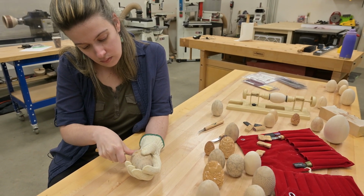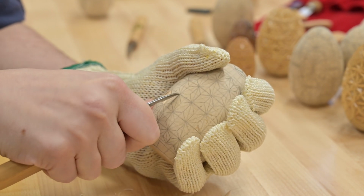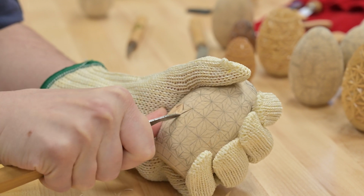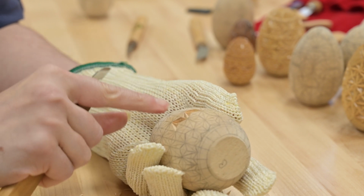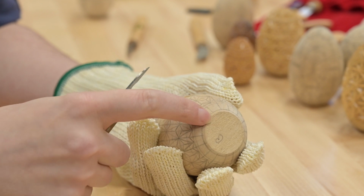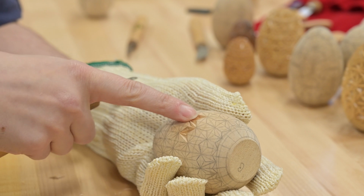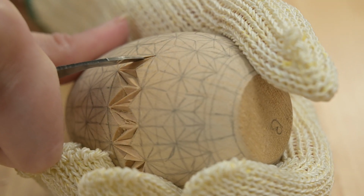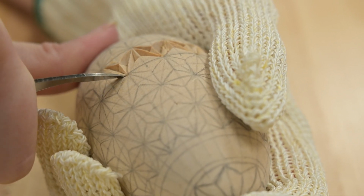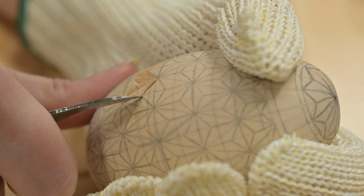So when you're carving a non-flat surface, you have to be careful. And just remember that the wood's going to behave differently depending on where you're working, because you've got the grain going in one direction, and in one spot you're going to be working on end grain, and the other spot you're going to be working on long grain. And then just remember that every chip is in a different direction, so you're going to be cutting in different directions. So sometimes you're going with the grain, sometimes you're going across the grain, and you just got to be